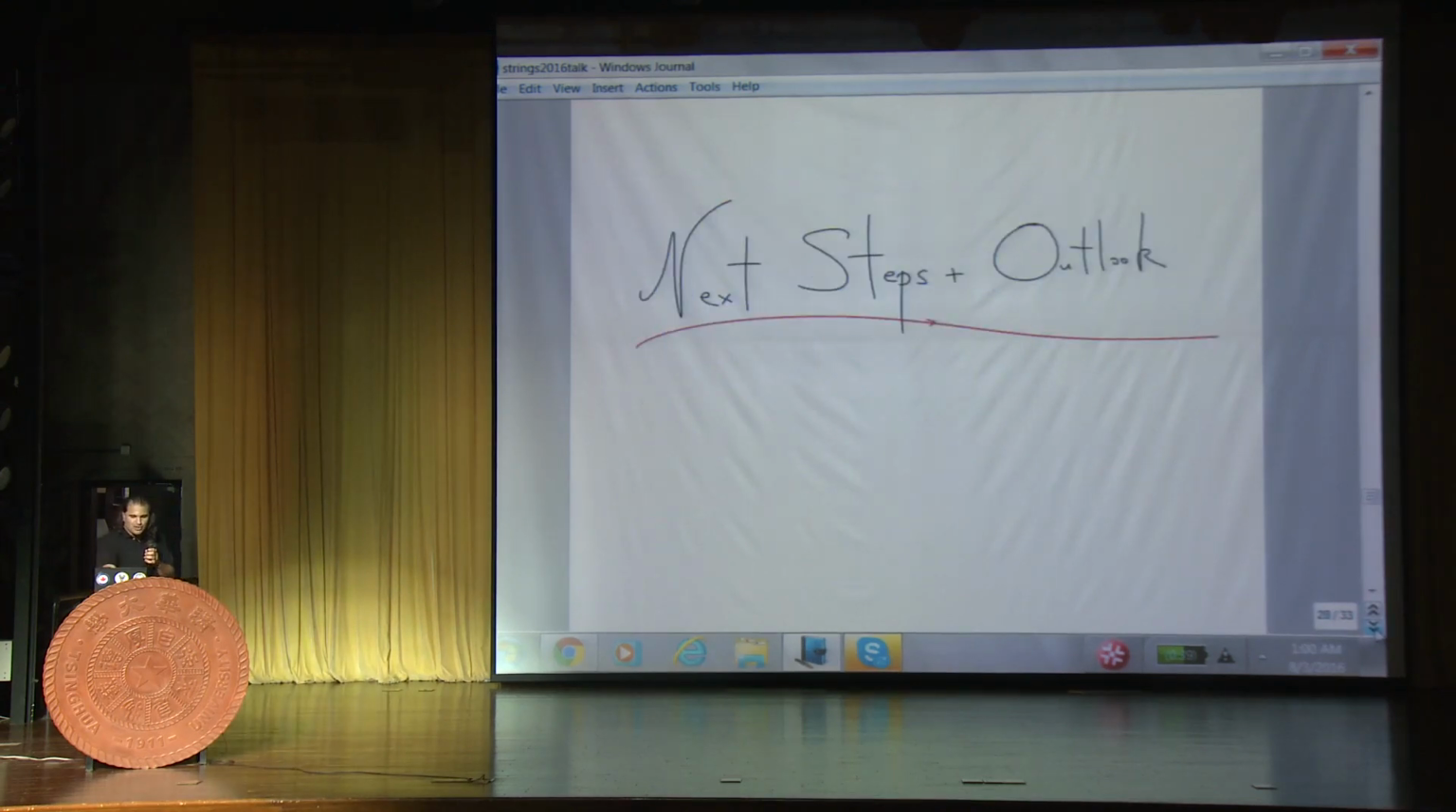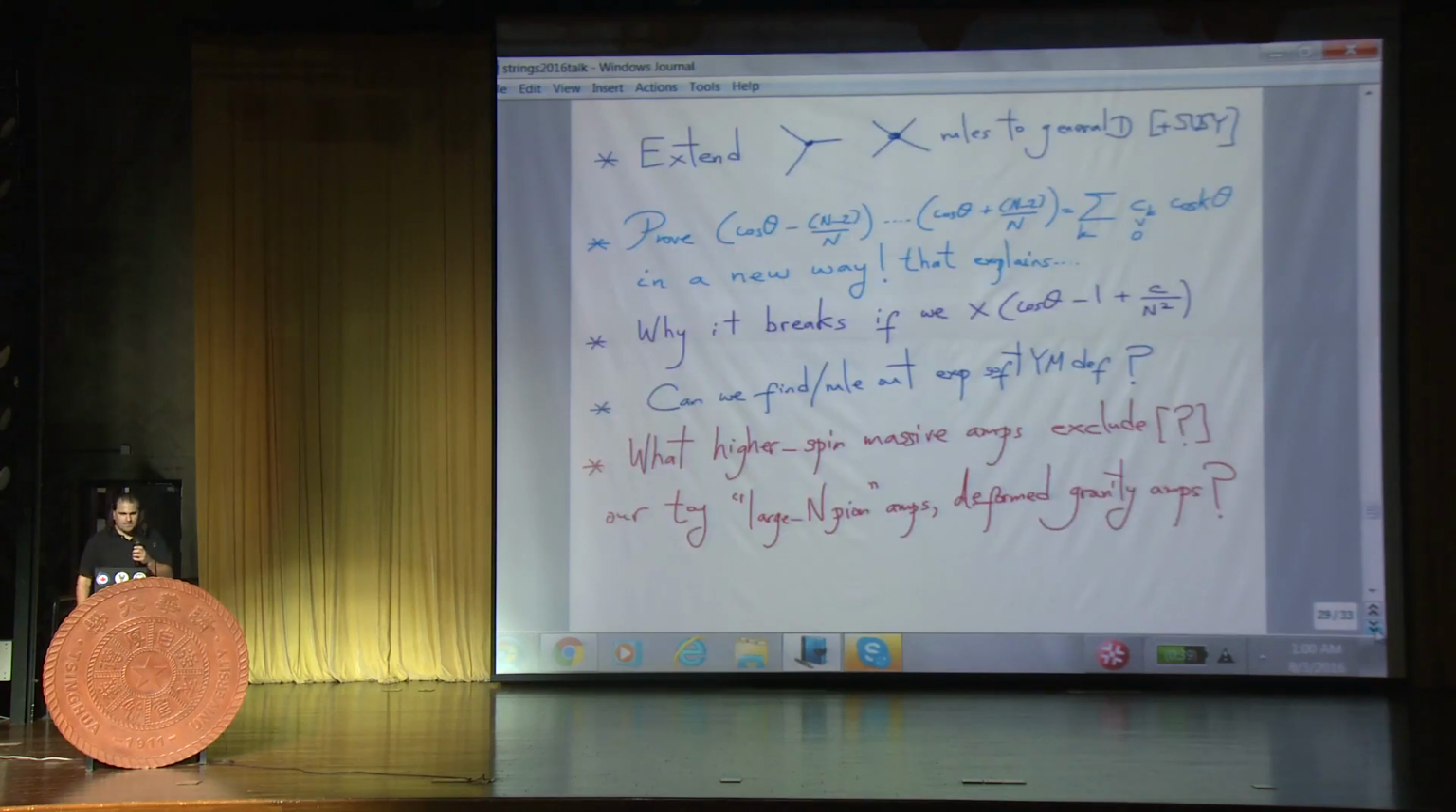All right, so let me just end with the next steps and outlook. So obviously, we can extend this analysis for the rules for the 4-particle S matrix to general dimensions and supersymmetry. There's various concrete mathematical statements. Can we prove this problem that we can explain to a kid in grade 7 in a new way without